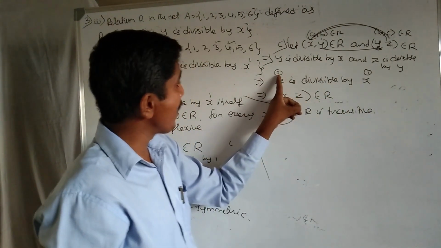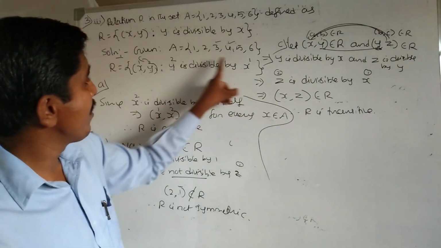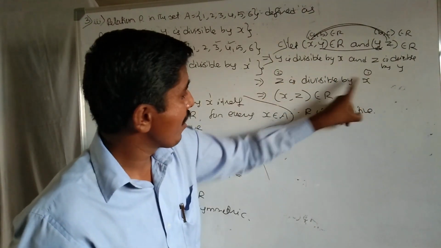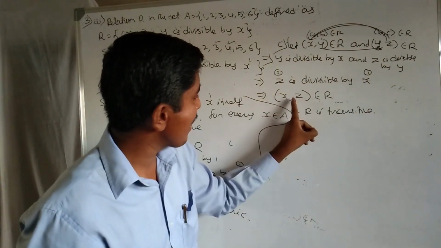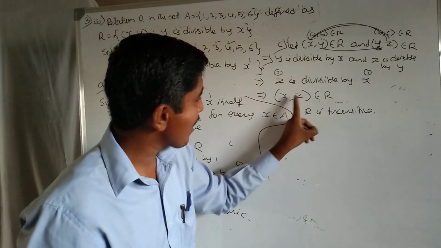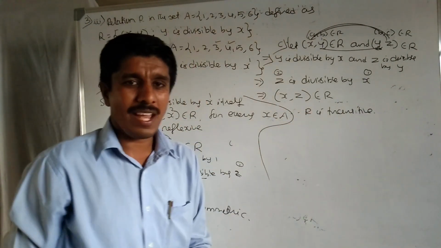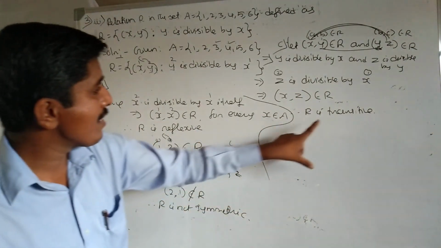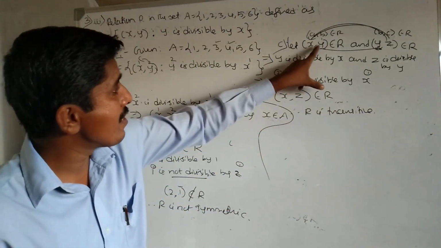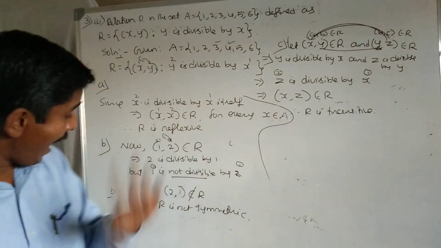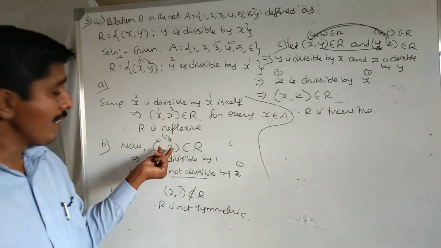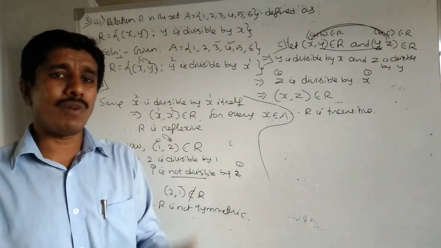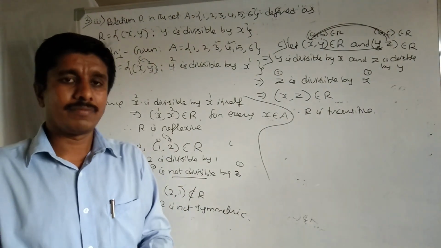Clearly, this is the second element of the ordered pair and this is the first element of the ordered pair. The first element is X, the second element is Z. X comma Z belongs to the relation. Therefore, it is transitive. Mind it: for proving it is reflexive, symmetric and transitive, I am taking general elements X, Y. For not proving, take a particular element in the relation and prove that it is not. Very important. Thank you.